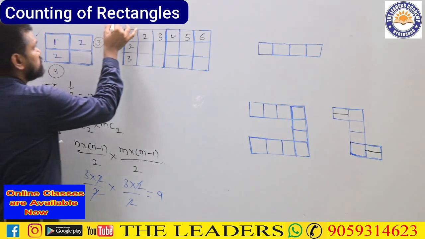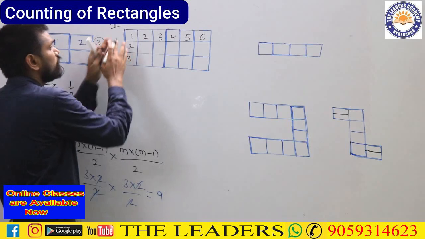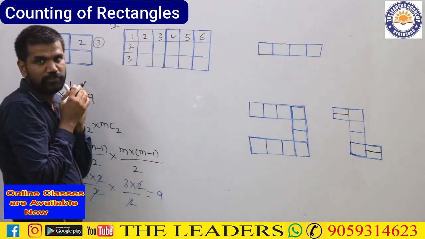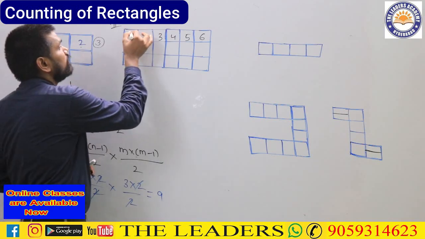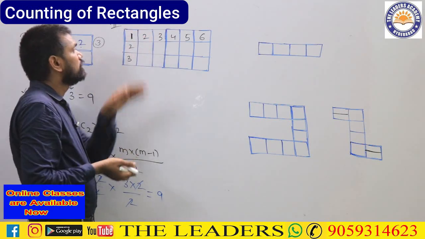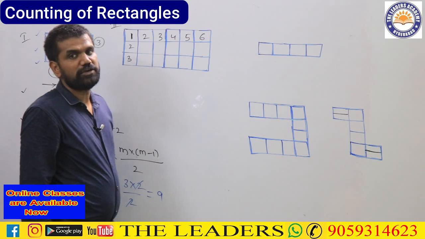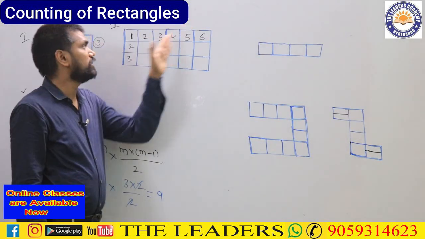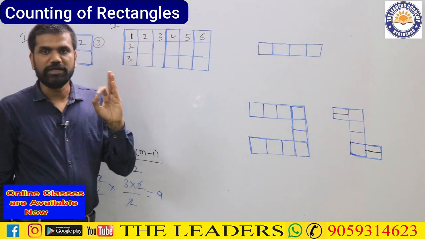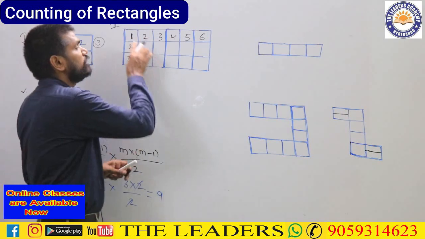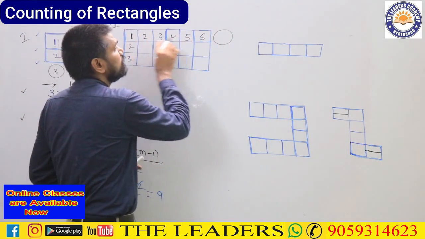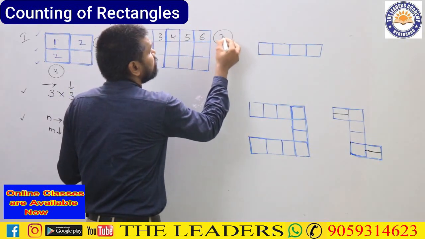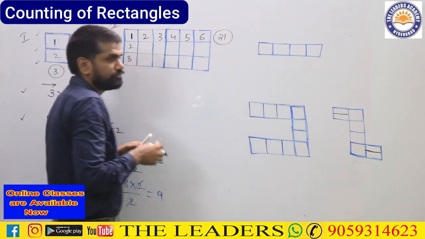Coming to the second diagram here. This is also a closed grid. So here if I wish to count the number of rectangles, you simply represent the boxes with the sequential continuous natural numbers, horizontally and vertically. Simply take the horizontal sum. Here, what will the horizontal sum be? The sum of the first 6 natural numbers is 21.